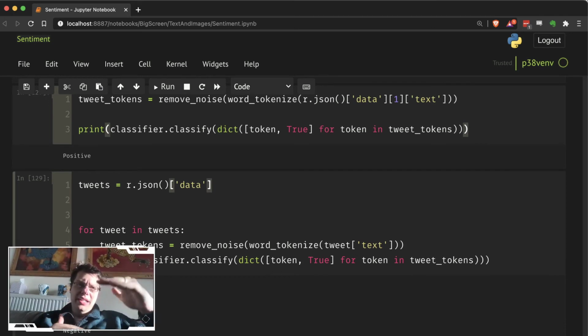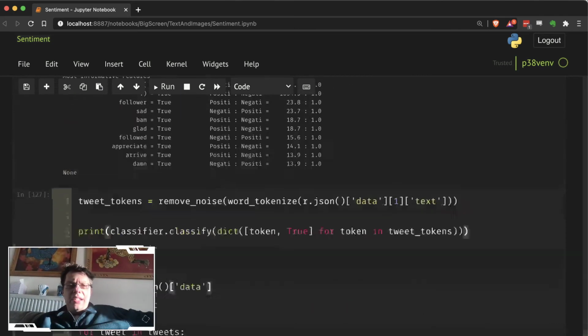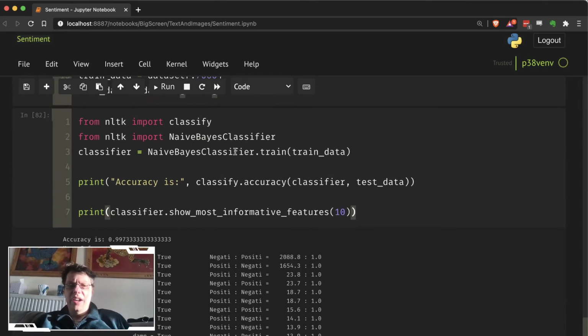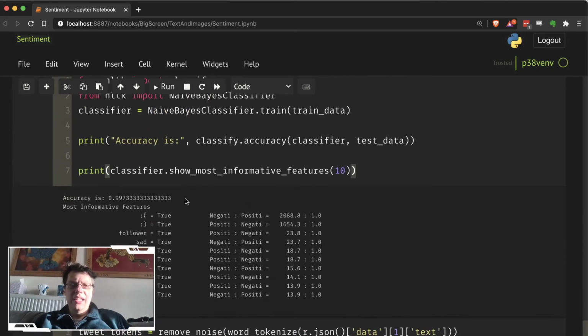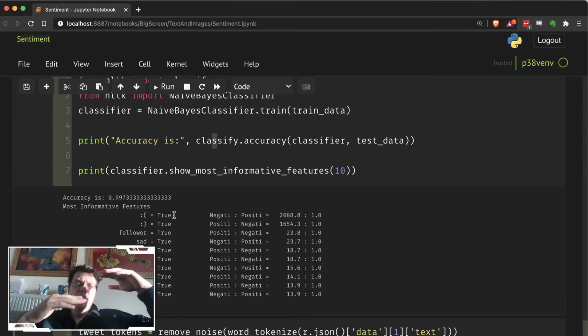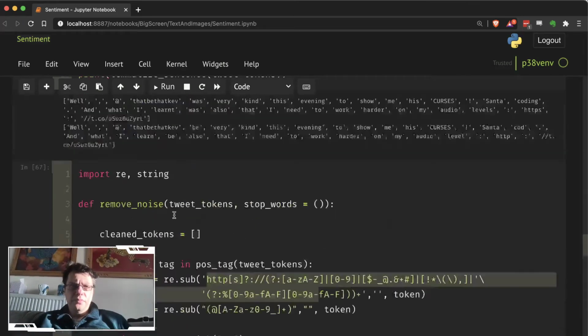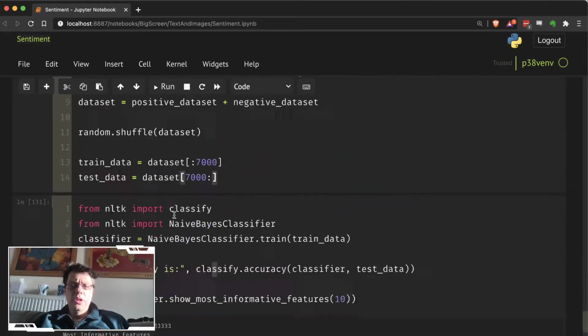Now this code can be cleaned up an awful lot, and the big problem I had with it was it generates this classifier here, this model here, which takes a little bit of time to generate, not a long time, but I don't really want to do that on every single loop. So if we do build a classifier, I'm going to put it at the start of my script before I start analyzing tweets. Once it's built though, we can use it on other people.